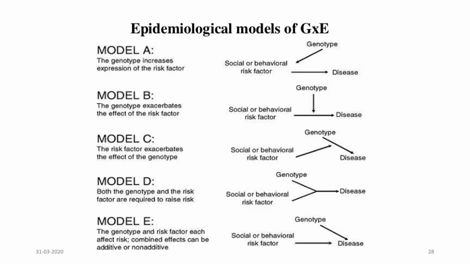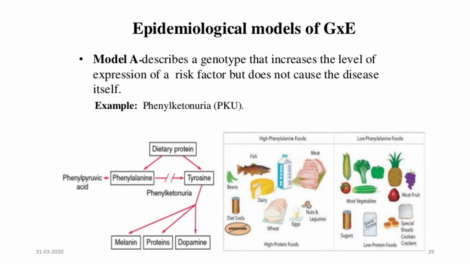Model D, both the genotype and the risk factor are required to raise risk. In model E, the genotype and the risk factor each affect risk. The combined effect can be additive or can be non-additive. So we'll see each one by example. The first example is where there is an increase